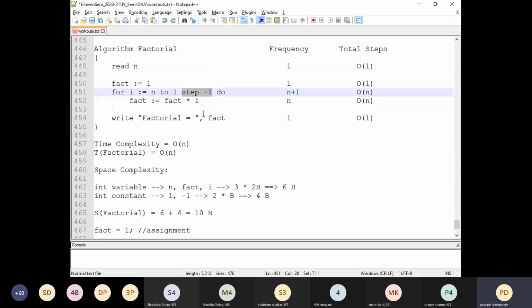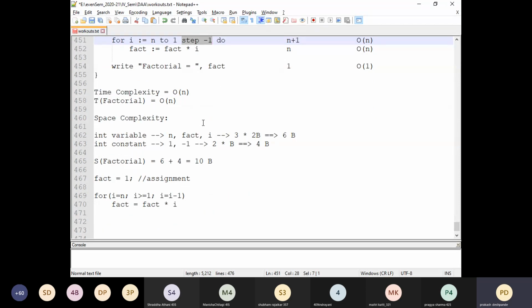On the right hand side, it is a subtraction operation. A subtraction operation means we require two different operands. The first operand is I, which is already considered as part of the variable space. The second operand is 1, a constant, so two different memories are required. One is I, the other is a minus 1, or you can say a subtraction operation with the constant 1. So another memory block is required here.